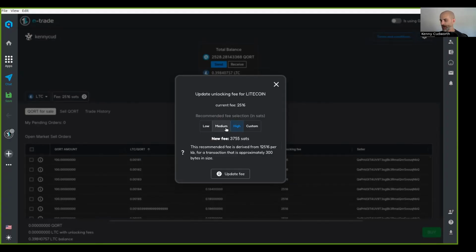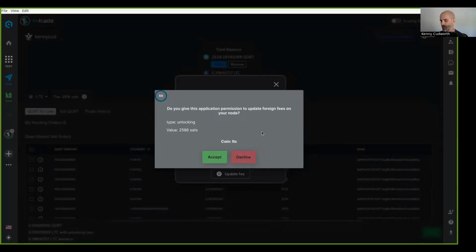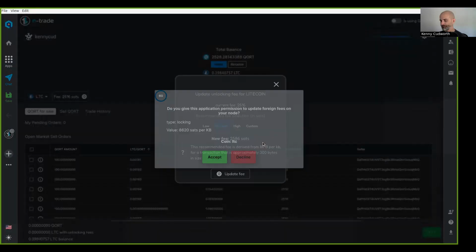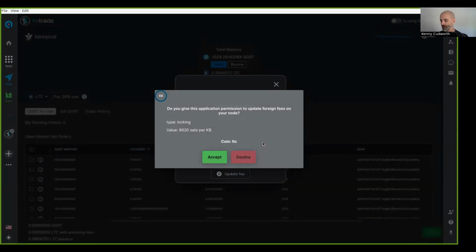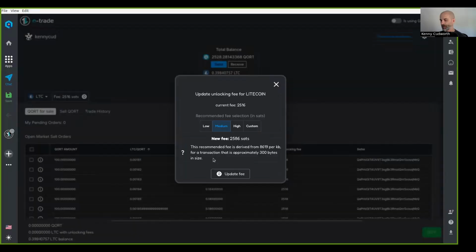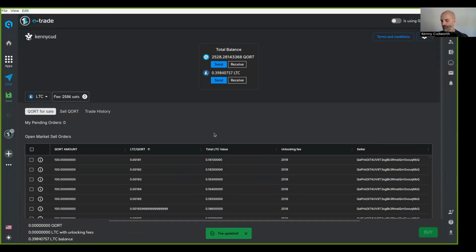You don't need to go high. I'll just do the medium. I think the medium is good. And so you can just update your fee to that. And then you hit accept. And you can also accept that for your locking fee as well, which isn't as important, but we'll do that anyways. And then you'll see that my fee got updated to 2,586. Okay, so now that I got my fee in place,